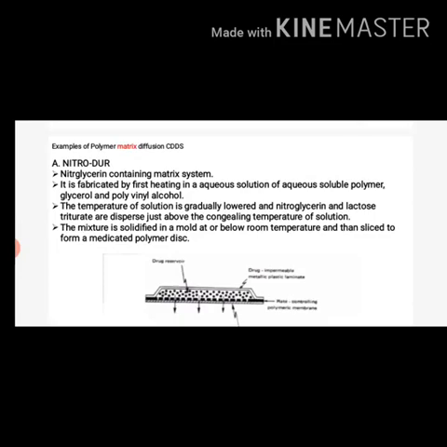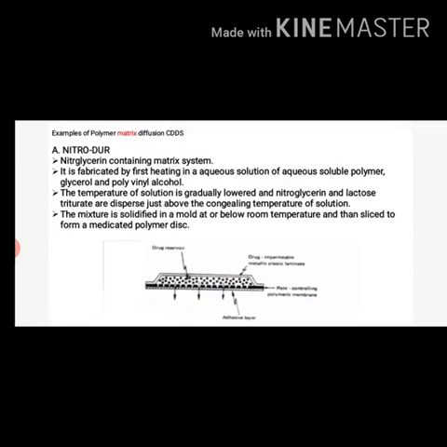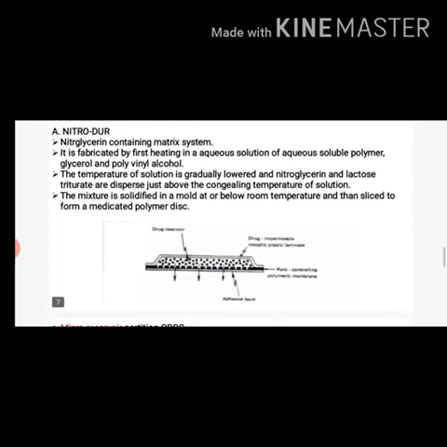An example of a polymer matrix diffusion controlled drug delivery system is the device NitroDur. It is a nitroglycerin containing matrix system. It is fabricated by first heating an aqueous solution of a water soluble polymer, glycerol and polyvinyl alcohol. The temperature of the solution is gradually lowered, and nitroglycerin and lactose triturate are dispersed just above the congealing temperature of the solution. Then the mixture is solidified in a mold at or below room temperature and then sliced